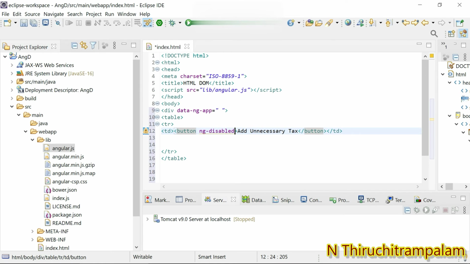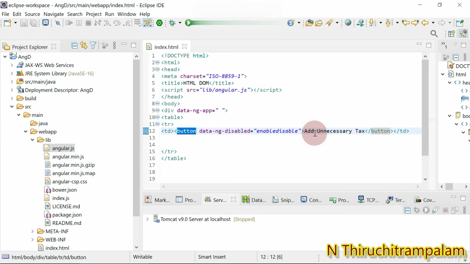This is the directive, and I assign some value, enable disable. To remove the exclamation, you can add data hyphen, so that the exclamation would be removed.